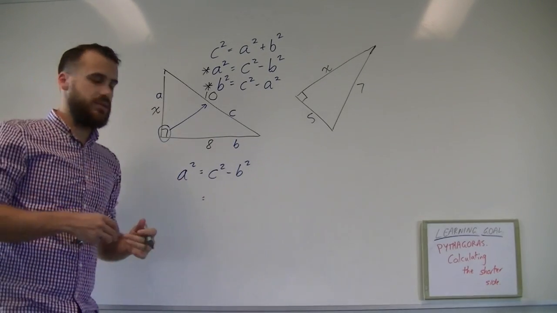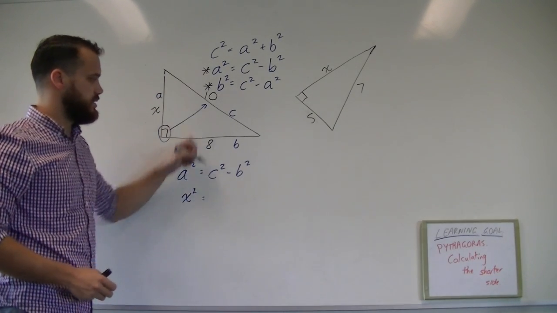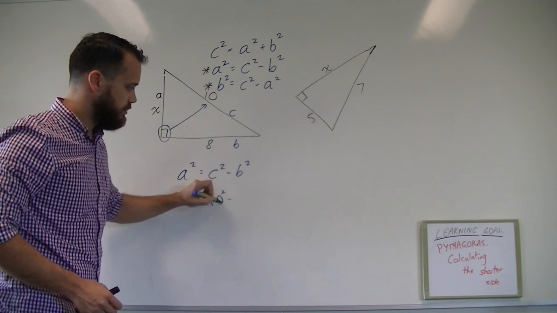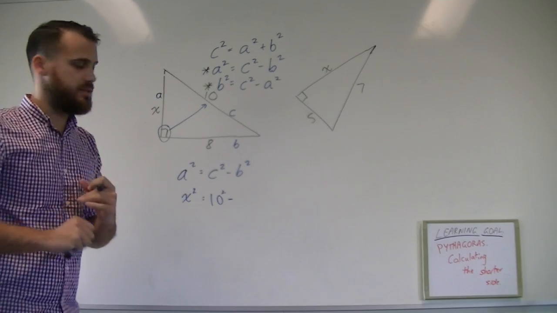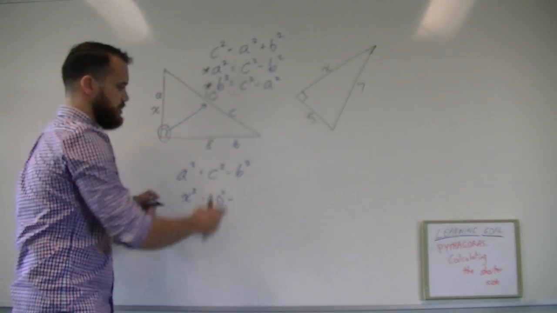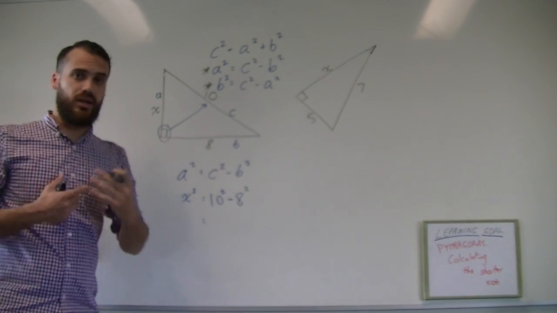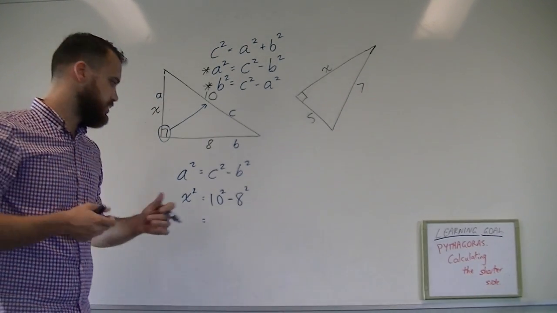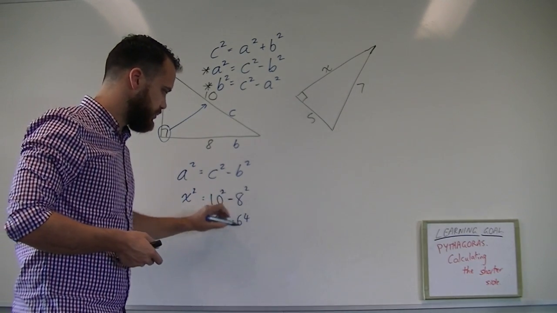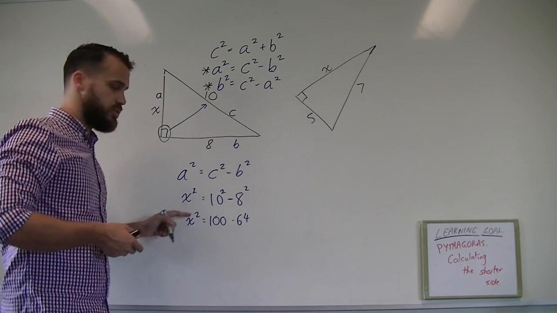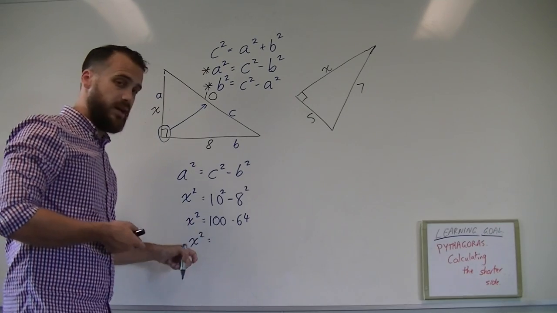After that, put some numbers in. So A is x, C is 10, minus, remember there's a minus there, not a plus this time, that's the big difference between this lesson and the last lesson, minus B squared, which is 8 squared. Now, use your calculator, don't make silly mistakes here. So 10 squared is 100, 8 squared is 64, so that means that x squared is equal to 100 minus 64. That means that x squared is equal to